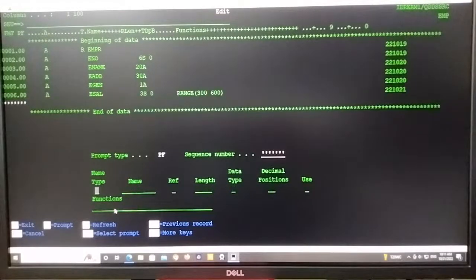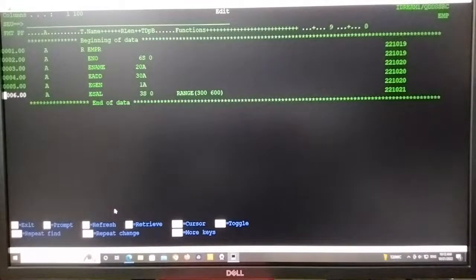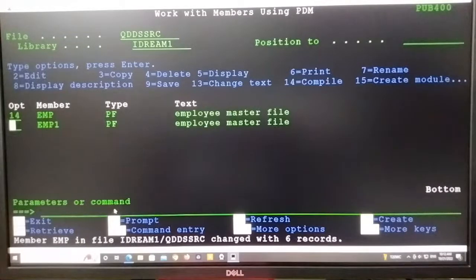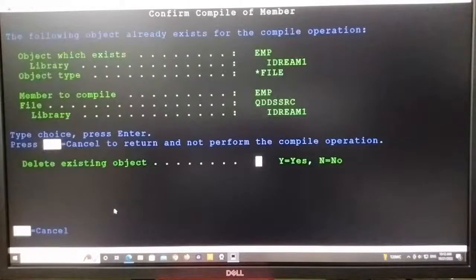And let's see, we just modified the source code of an EMP object. Earlier the EMP object doesn't have this EMP salary field. Now we have newly added this esal to the EMP source member. As usual, to compile the source member, we need to take option 14 from the work member PDM screen. So 14 and press enter key,